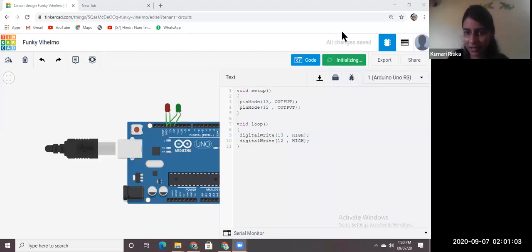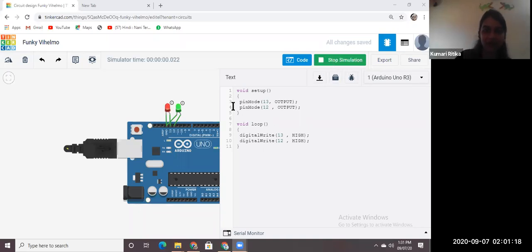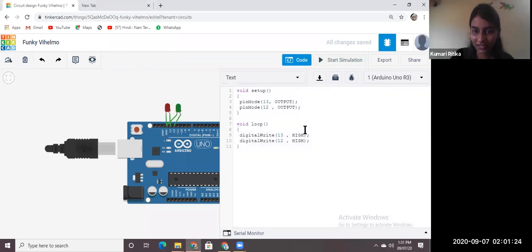Mobile must hang if you open such a big website on it. I don't know why it is taking so much time. Oh, it worked. Red and green.